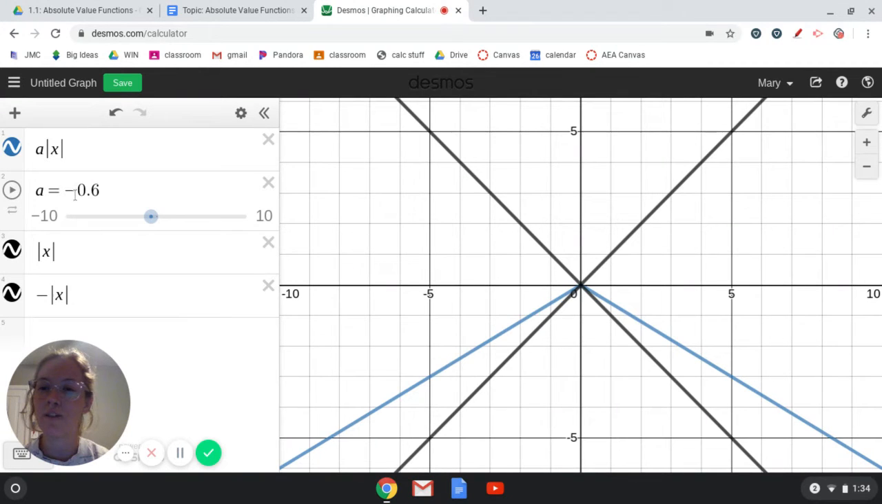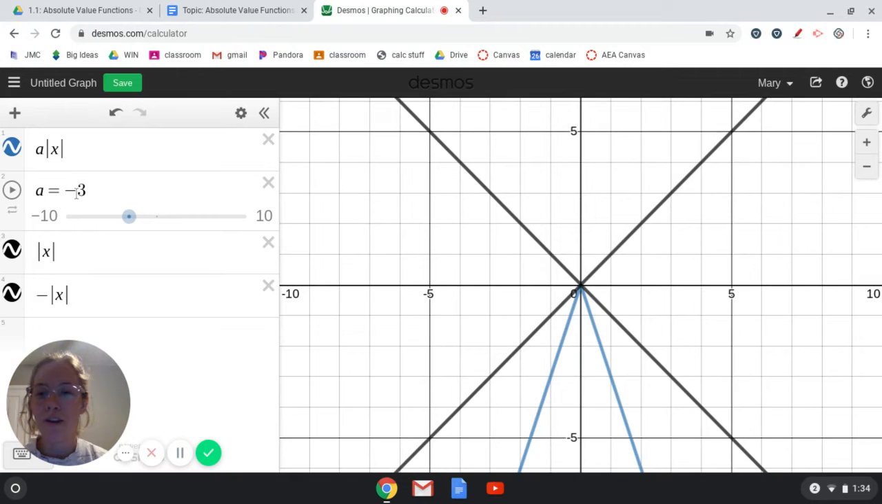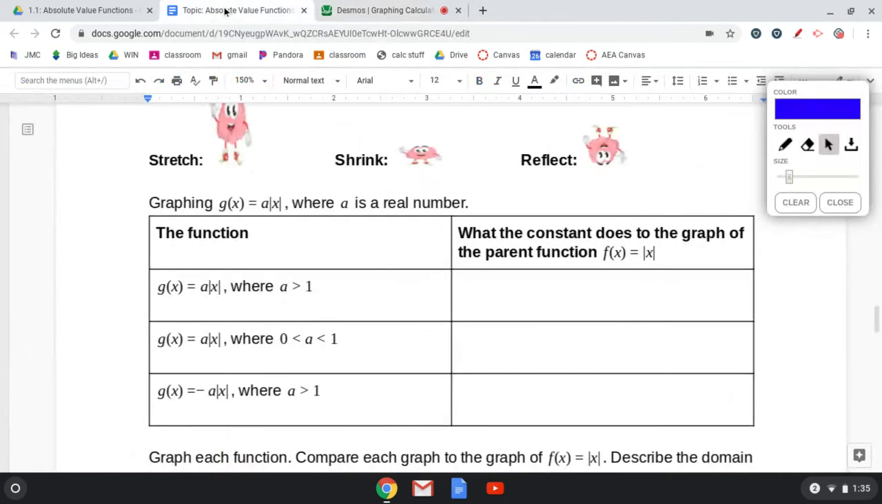The absolute value of 0.6 is between 0 and 1. Now we'll keep going lower, negative 1, and then greater than negative 1. That is a stretch as well. Stretches away from that x-axis, and it's a reflection because it's negative. Okay, let's go back to these notes,